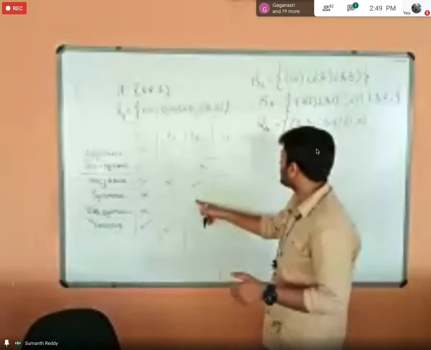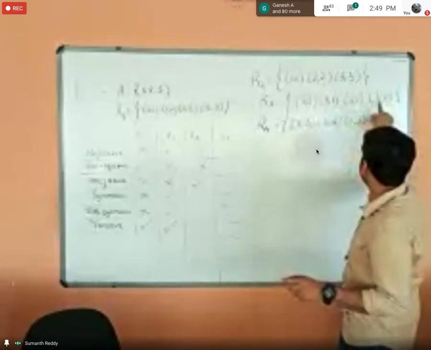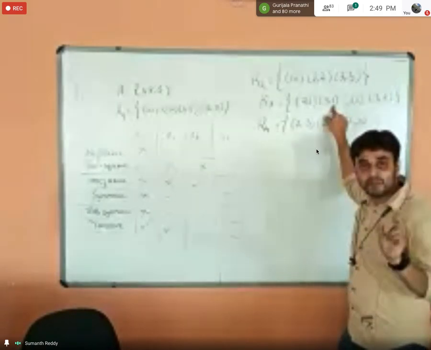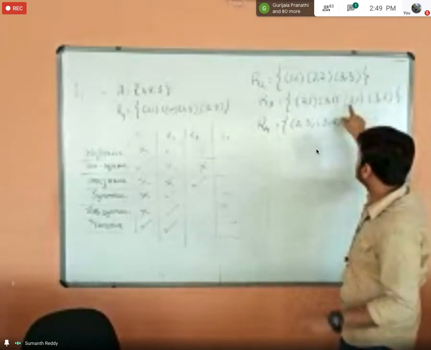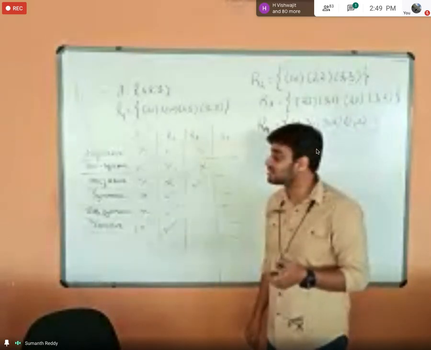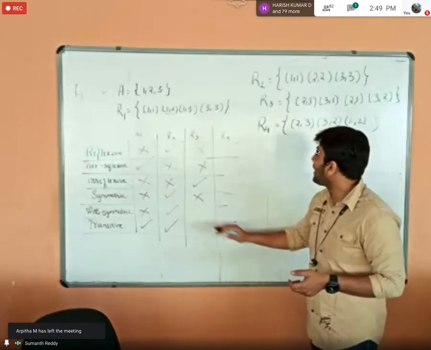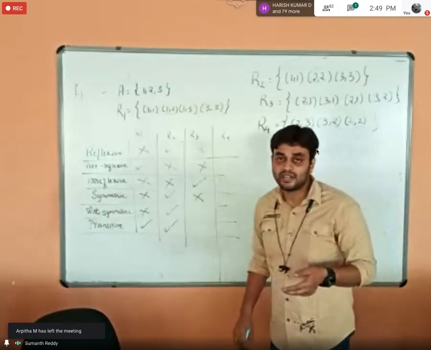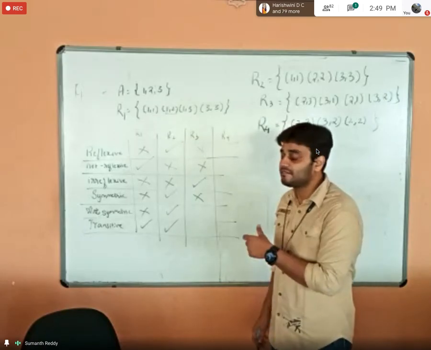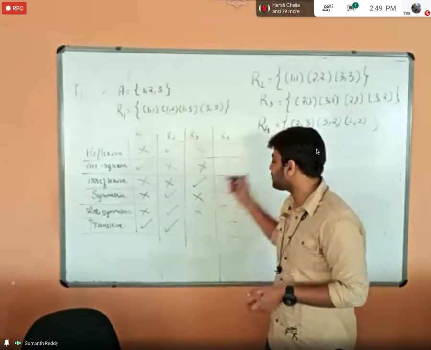Coming to the symmetric property, here I have (2, 3). Then (3, 2) must be present, and I have that, right? And here I have (3, 1) and (1, 3) must be present, but it is not there. Even for a single ordered pair, if the rule doesn't hold, then it can't be called symmetric. Okay, it is not symmetric. Then coming to the antisymmetric property, obviously I told you, right. Here they have clearly given the numbers, and the numbers are different. When they have given different numbers, they can't be equal. I can't even think about this antisymmetric property for this kind of example.